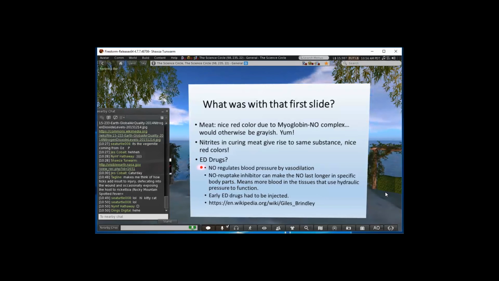When I idly Googled nitric oxide, I got a lot of hits for nutritional supplements like L-arginine, and the rationales were things like, well, as you age, nitric oxide levels in the body go down, so you need these supplements. The sad thing is that just having extra L-arginine in your diet is not going to automatically make more nitric oxide.